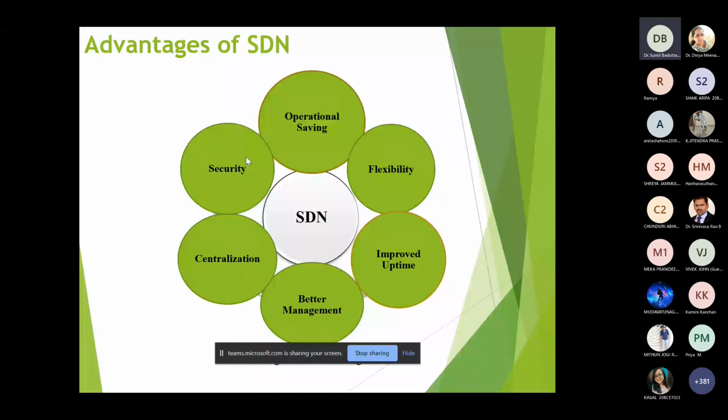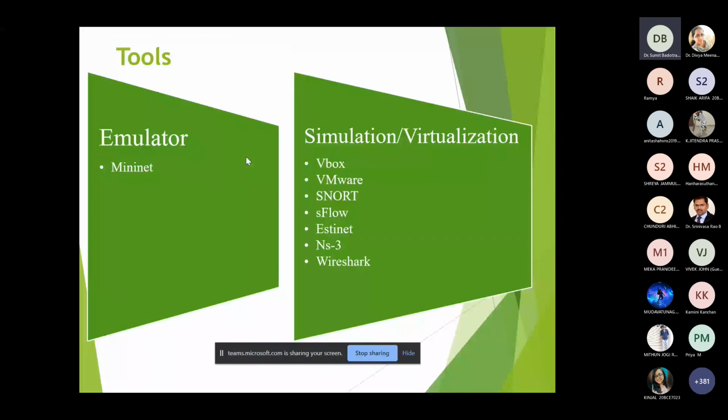Now, what are the different tools which can be used to perform the experimentation in your SDN? So there is one tool called Mininet, and Mininet is an emulator tool. Now, you might be wondering what is the difference between simulator and emulator? So emulator we use in SDN, and emulator acts as an exact prototype in which one can create a rapid prototyping of a network on its own laptop. Okay. So whatever topologies you run in your emulator are for sure going to run in your real